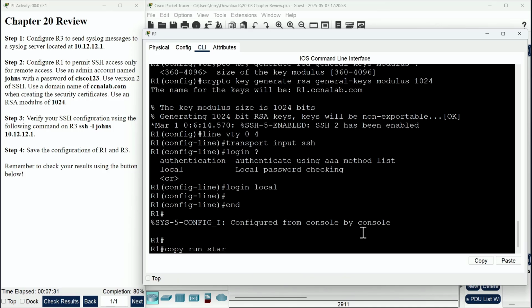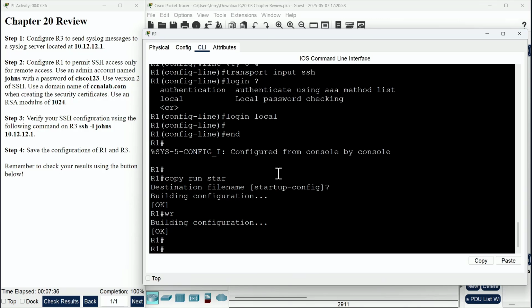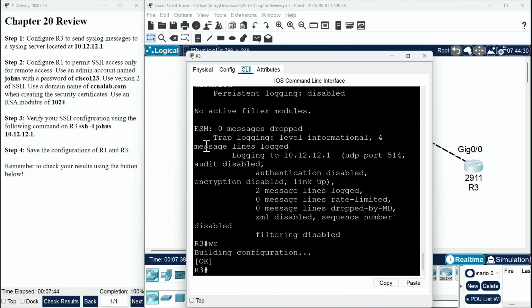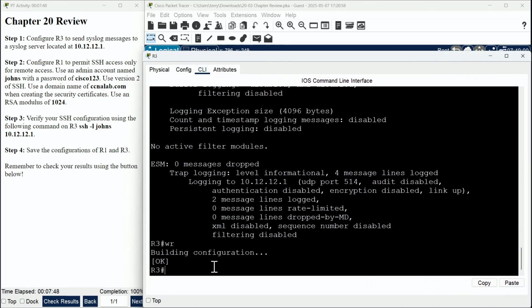We'll do our copy run start. I can't believe I just did that because you know me, I love to just use the wr shortcut that will also work in your exam. And we're ready to test the SSH. We're going to go over to R3 and we are going to SSH in. So we say ssh -l and I am going to do John S. And we are going to